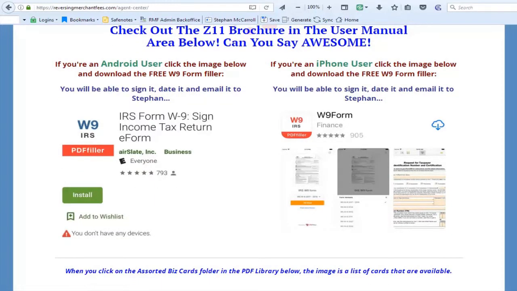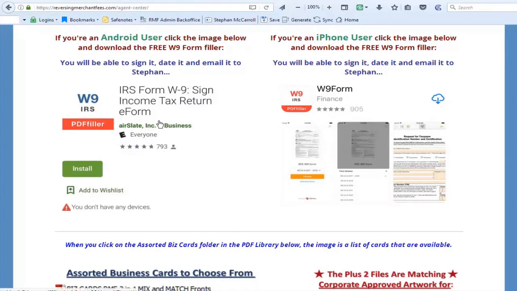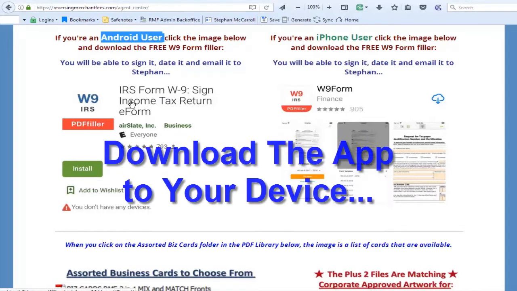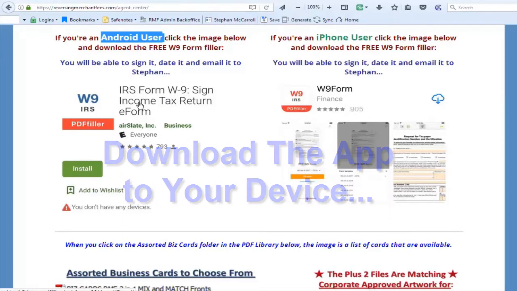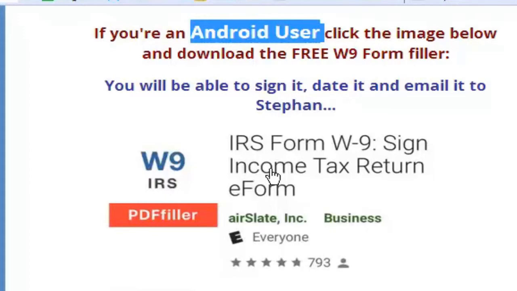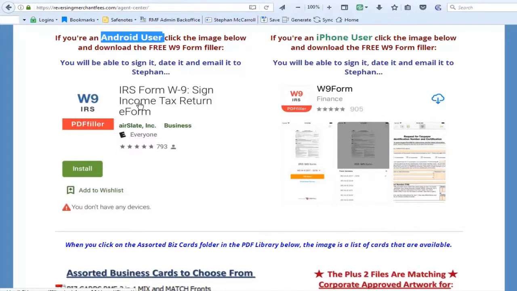It's kind of cool. I've created for you a W-9 form that you can do with your phone, your cell phone. If you're an Android user, okay, you're going to use this W-9. You put your mouse here, you click on this by logging into your back office Agent Center with your phone or your iPad or whatever the case may be. If you're an Android, you're going to click here, and then you're going to complete the W-9, and then inside the W-9,